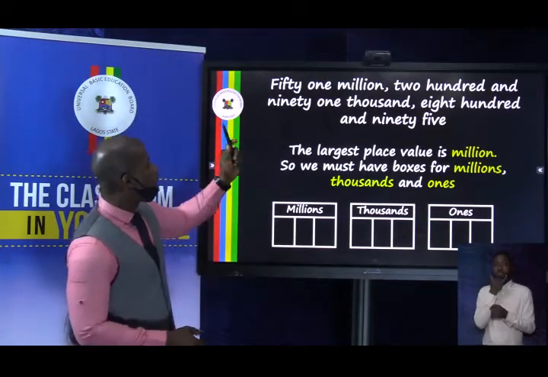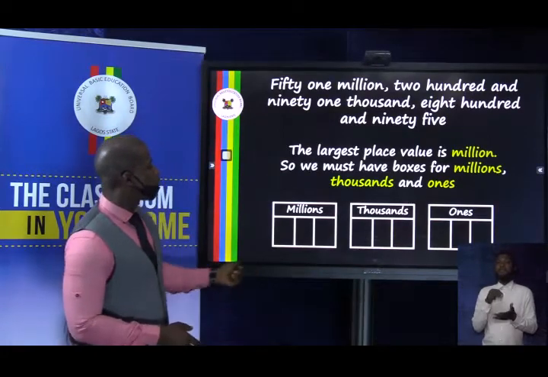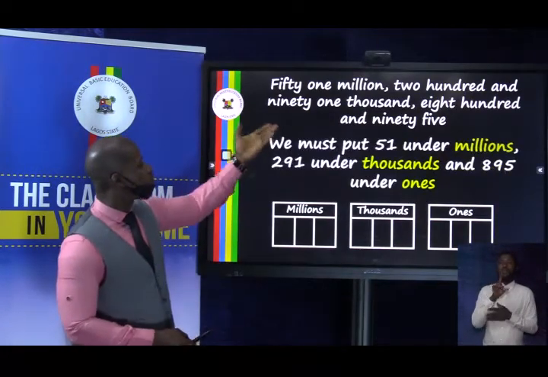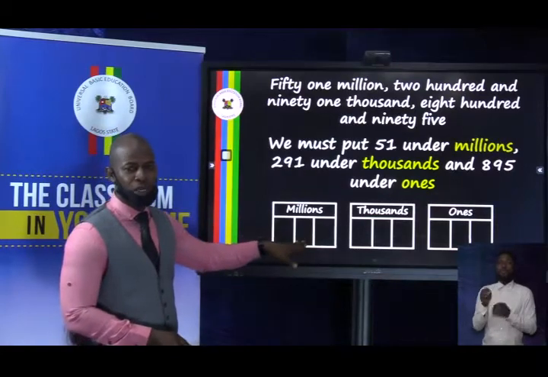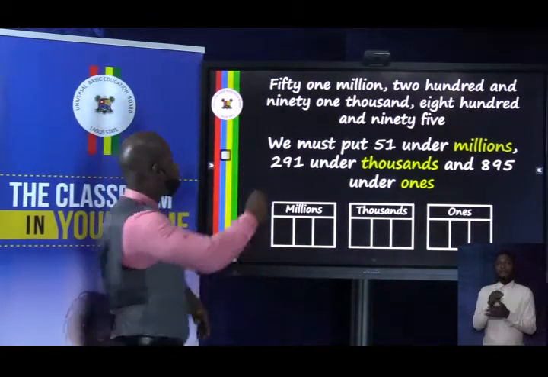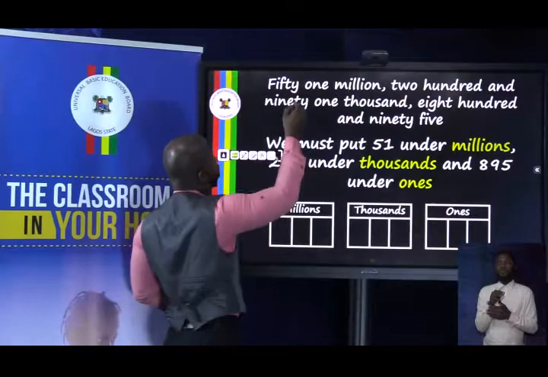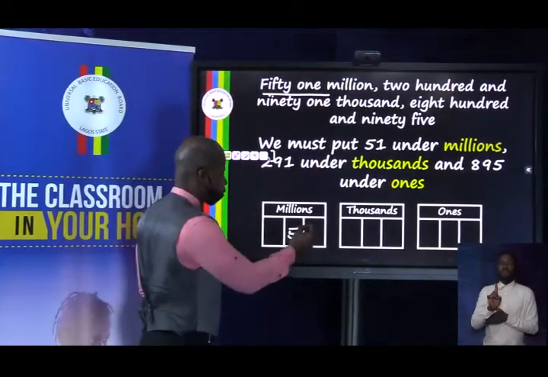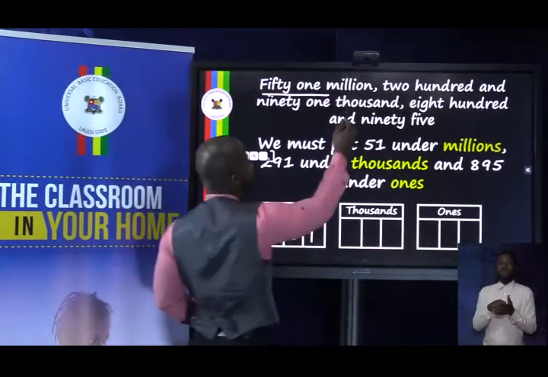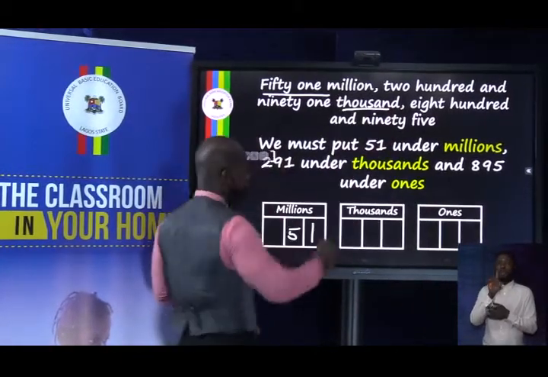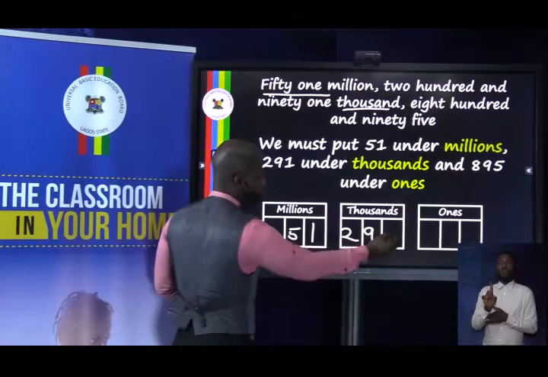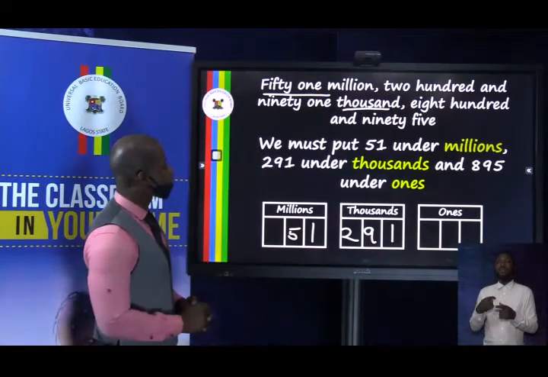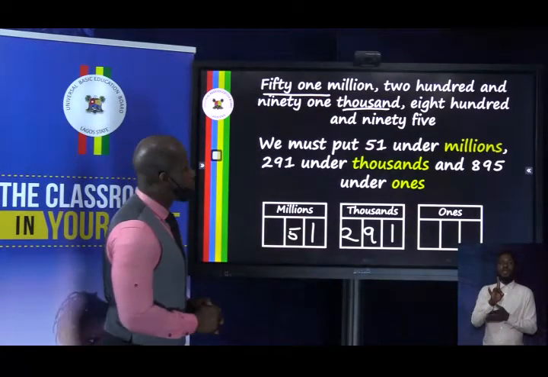Now, how many million do we have? We have 51 million. So we must put 51 under million, okay? Because we have 51 million. Here it is. 51 million. So we must put 51 here. Now, how many thousand do we have? This is 1,000 here. We have 291,000. So we must put 291 here. And then we must have 895